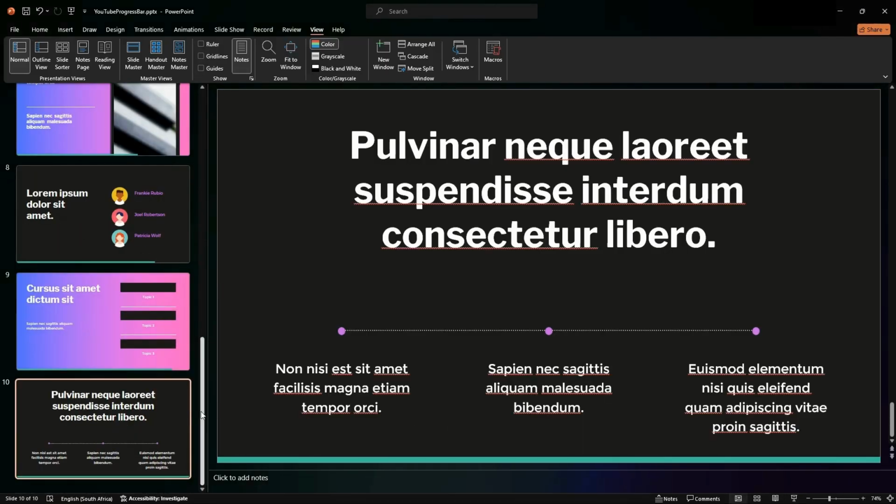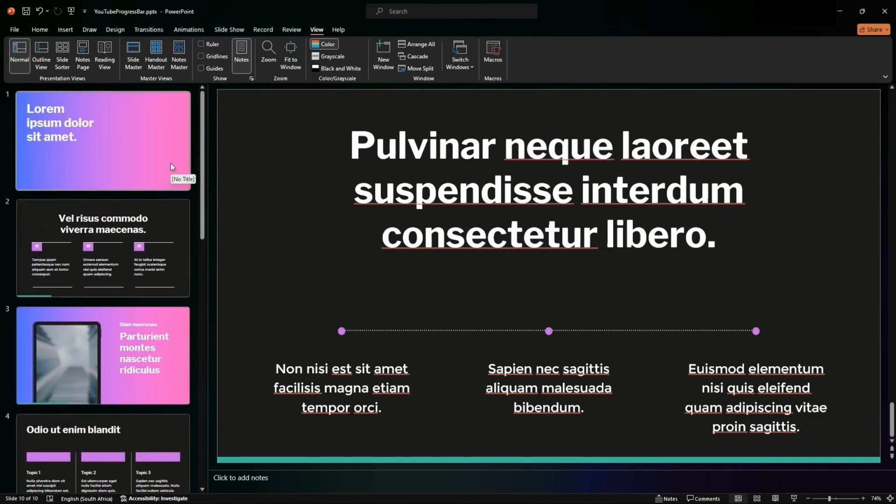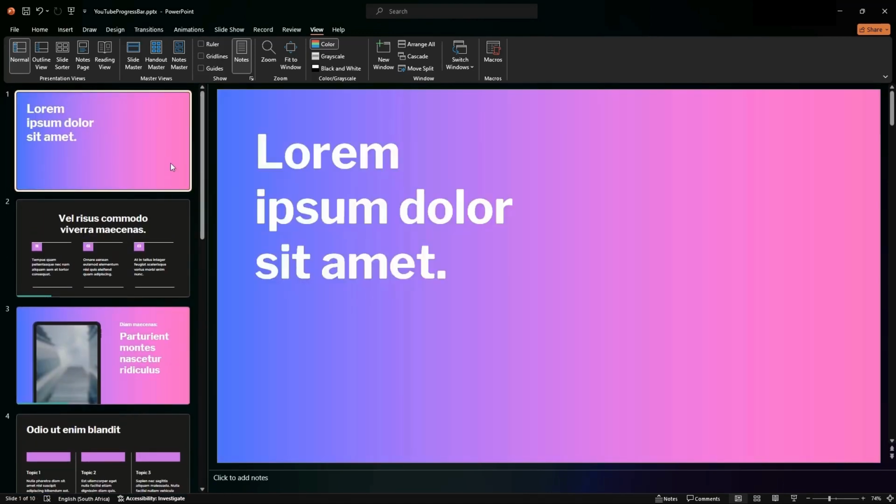By saving the project as a .pptx file, the progress bars will only be available for the existing slides. When adding additional slides, the .pptm file must be used to run the macro again. Here is how to save your project to .pptm.